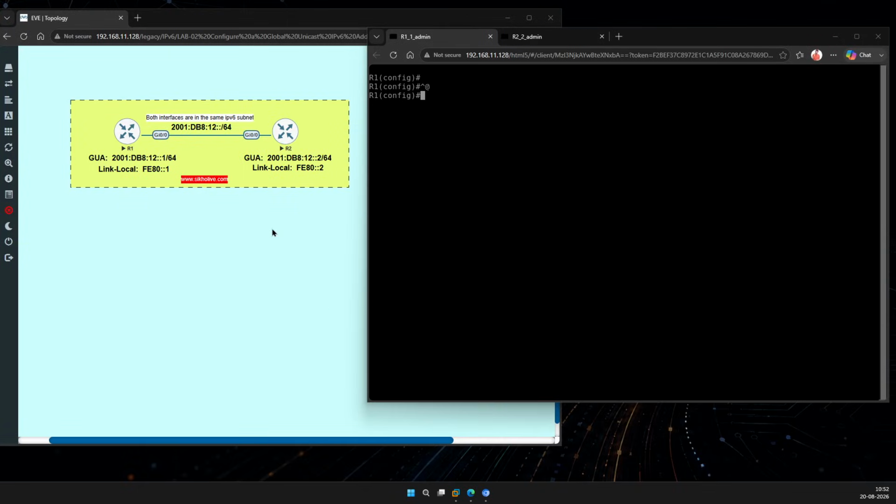Okay, now come to the point. This is the simple lab where I'm going to configure the global unicast address, with lab troubleshooting. So simple. This is the global unicast address, which is 2001:db8:12::1/64, and this is another interface IP address for router 2. The global unicast address for this interface is 2001:db8:12::2/64, and the link local address is fe80::1, and the link local address for R2 is